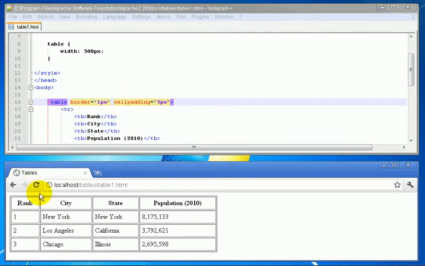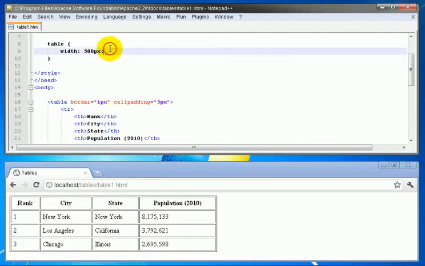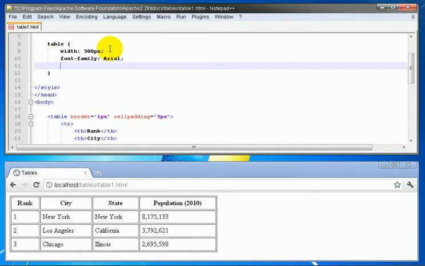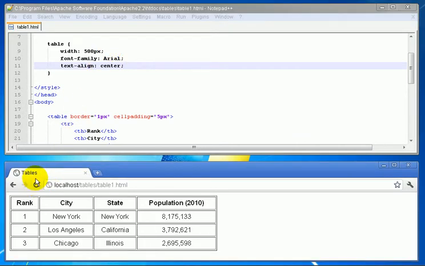I'd also like to use a different font, so I'll add the font-family property and set the value to Arial. Next, I'd like to align the text to the middle. To do that, I'll use the text-align property and set the value to center. When I refresh the browser, you can see that the text is now in Arial and is aligned to the